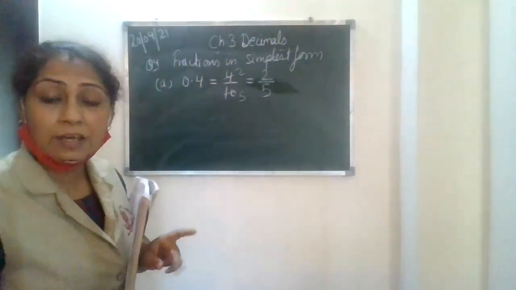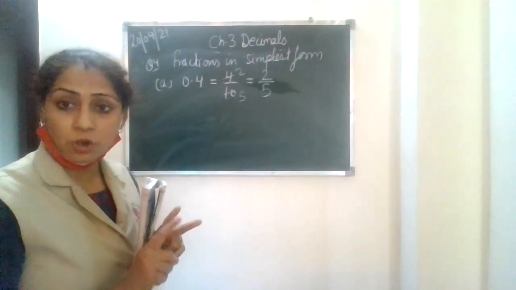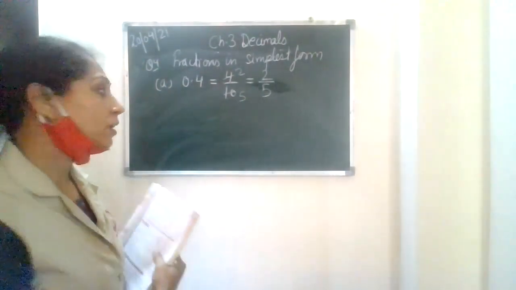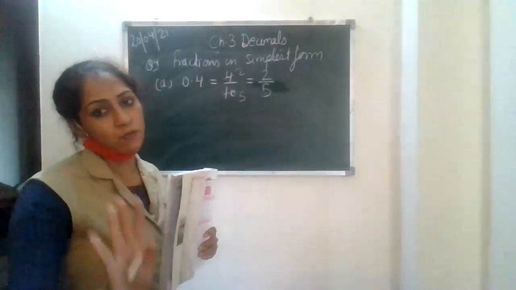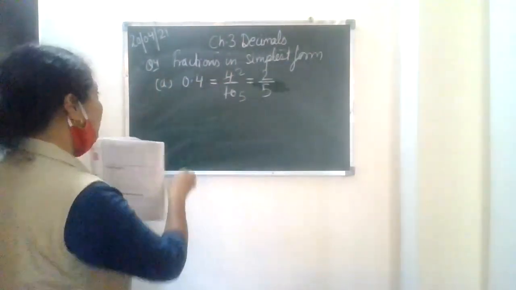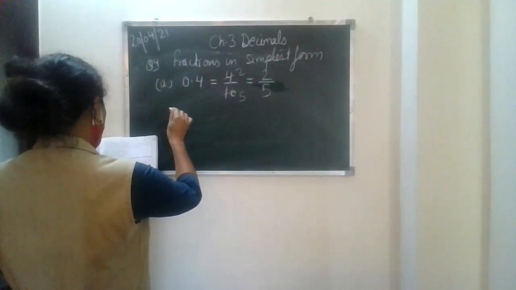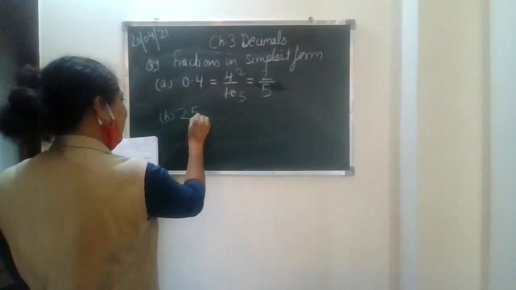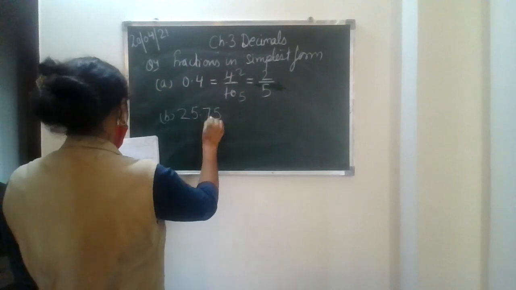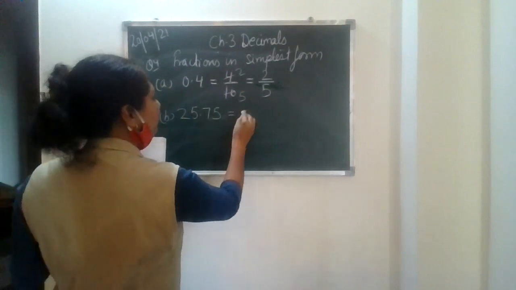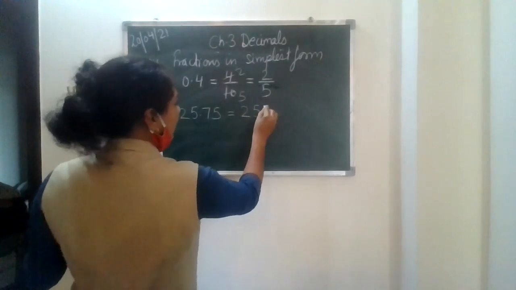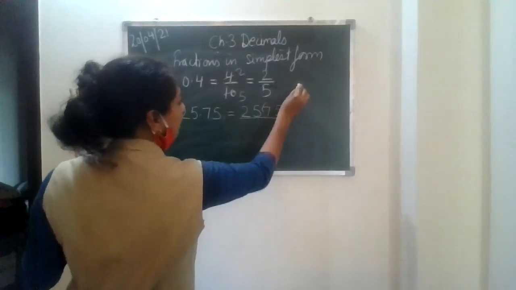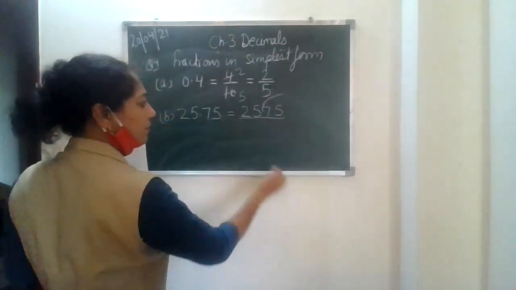I hope this is very clear. Beta, learn to study in this way. You will be very comfortable in your higher classes too, please. And I'm going to give you my best. That's a promise. Now, B part, I'm going to do with you 25.75. Okay, this is a larger number. So let's see. Can I write it in order to remove the decimal?